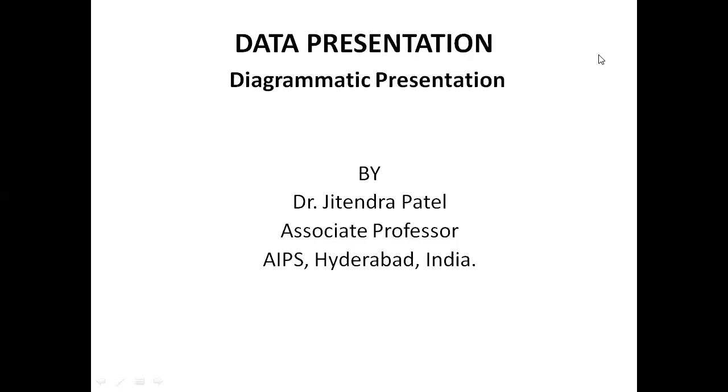Data presentation that we were discussing in the last class. So in continuation, today's third one is the diagrammatic presentation of data, right? In the previous class we discussed the textual presentation and tabular presentation. With the help of different text sentences, how we present the data obtained from research, and when it is